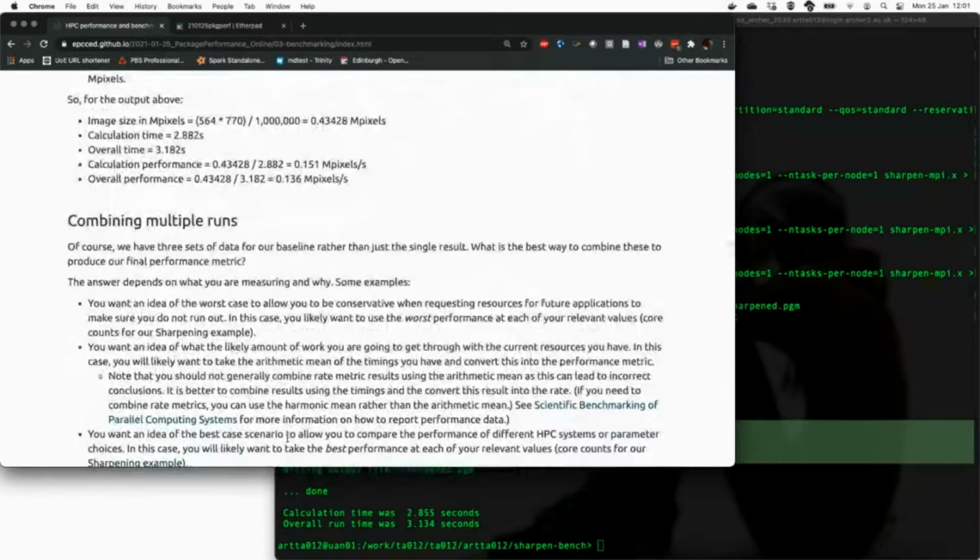If you want an idea of the amount of work you're going to get through the current resources you have, you might want to take some sort of mean of the timings. And the best way to do that is to take the arithmetic mean of the times you have and then convert that mean timing into a performance metric. You can't really combine rate metric results using an arithmetic mean, as it leads to incorrect conclusions. So you're almost always generally better combining the results of timings and then converting this result into a rate. If you need to combine rate metrics because you don't have access to the timings for some reason,